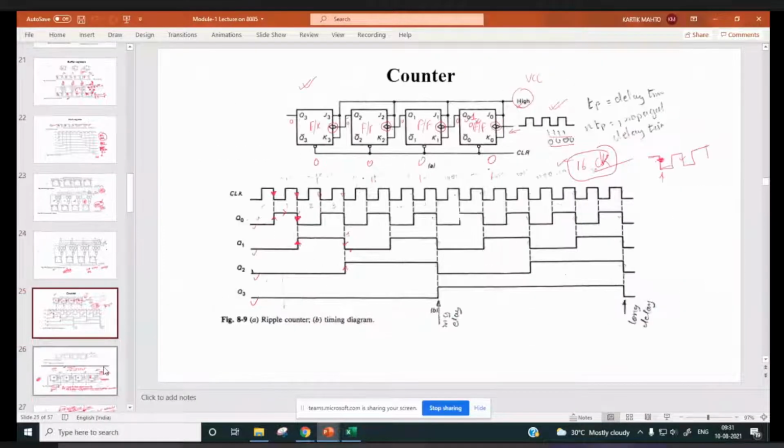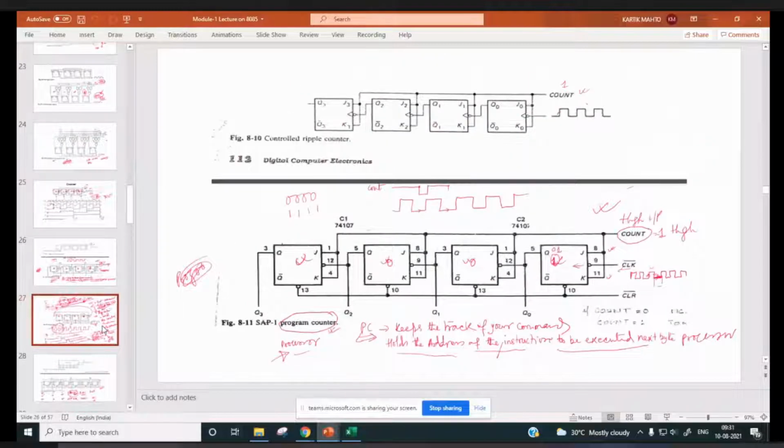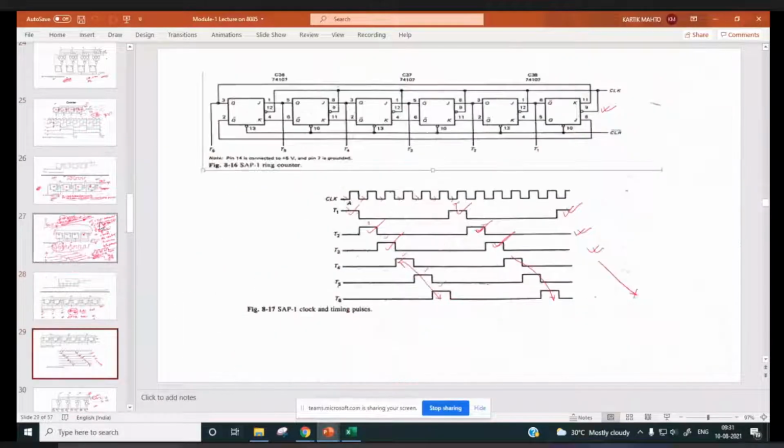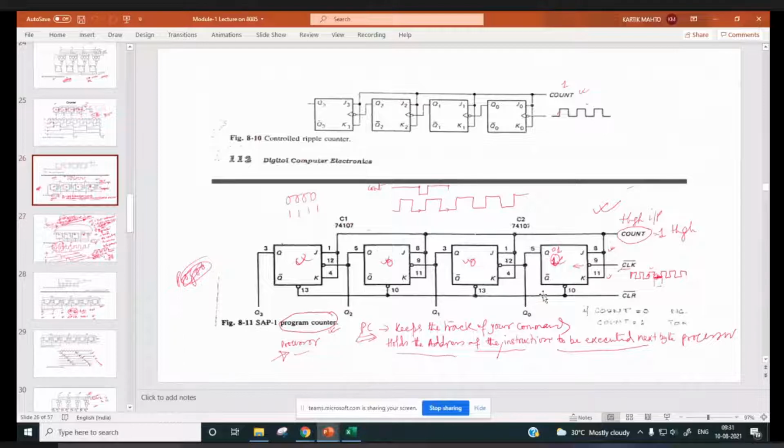And after discussing all these circuitry, here you can see the program counter also we discussed. The 4-bit program counter keeps on counting how many instructions are executed. In fact, the count value stored in the program counter actually gives you the address of the instruction which has to be executed by the processor. So it is there.